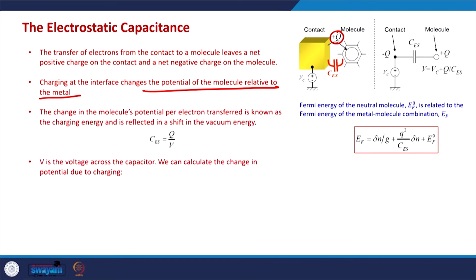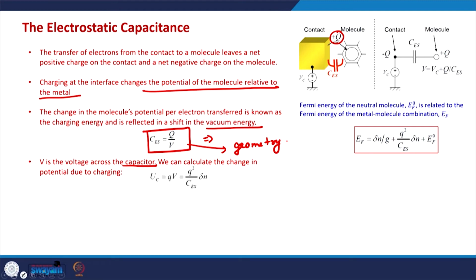This is modeled by the electrostatic capacitance, and this capacitance depends on the geometry as well, depends on the spacing between the contact and the molecule, and this change in the charge on the molecule will change all the energy levels, including the vacuum energy level. So, if V is the voltage across the capacitor, which is the change in the electrostatic potential due to the charge transfer, then the